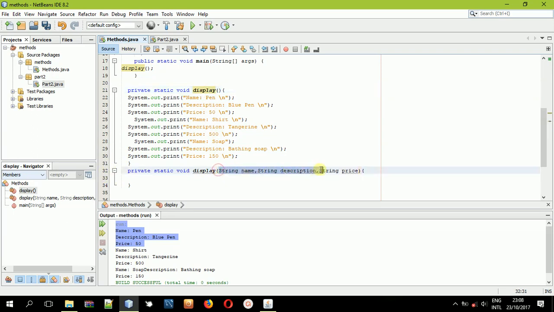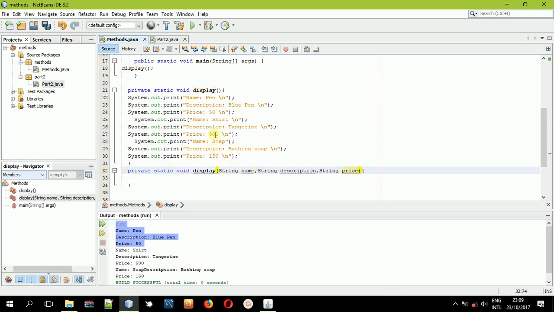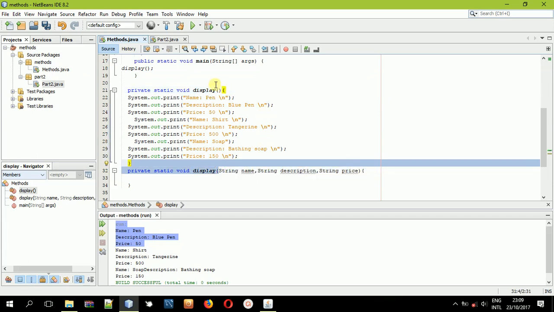But if there was no parameter here, like when I remove them, there should be an error, because when methods share the same name, but the parameters are not the same. Like, this one